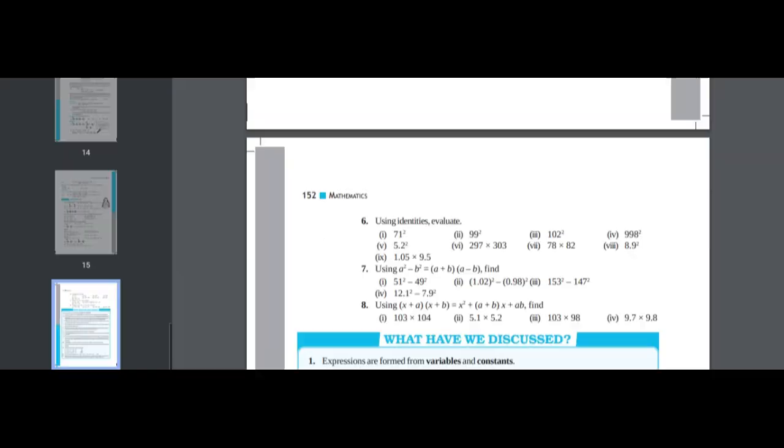Now I will do part number 7, the 6th part. 297 is multiplied with 303. I have to open both of these in such a way that I can make a square of them. So simply I will do this question like